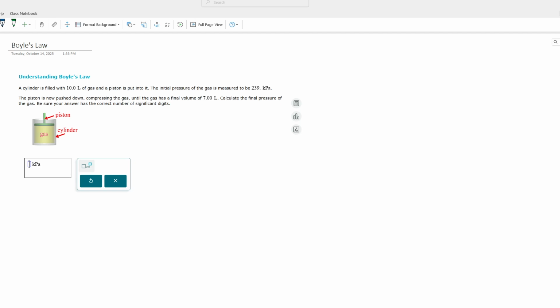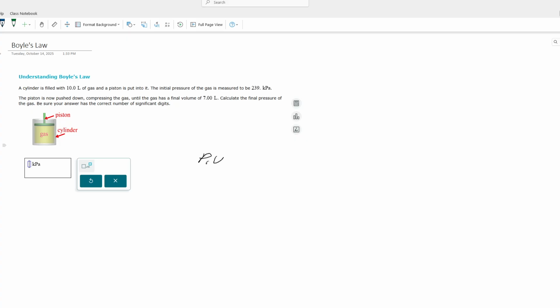We're starting to do some gas laws, and so this one is Boyle's law. I don't always remember. I know I should, but I don't. Boyle's law versus Avogadro's law versus Charles's law. I just don't. So I kind of use this universal equation that we talk about sometimes, and it is this: